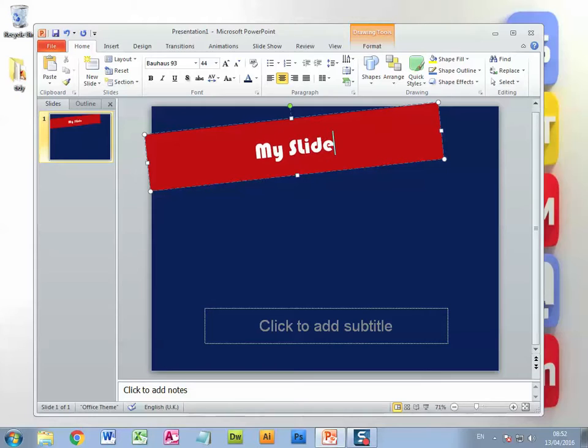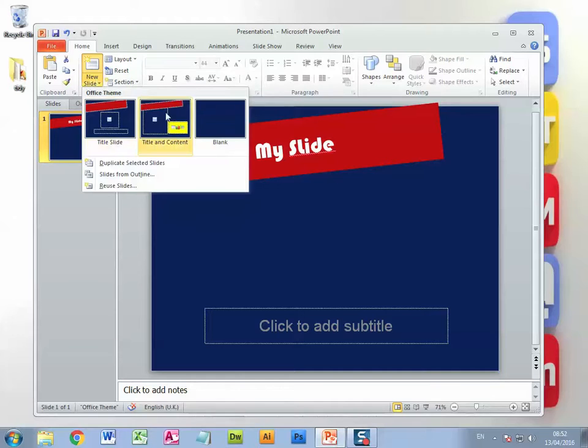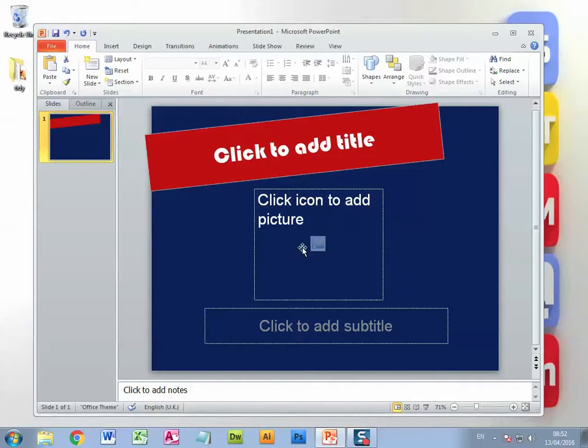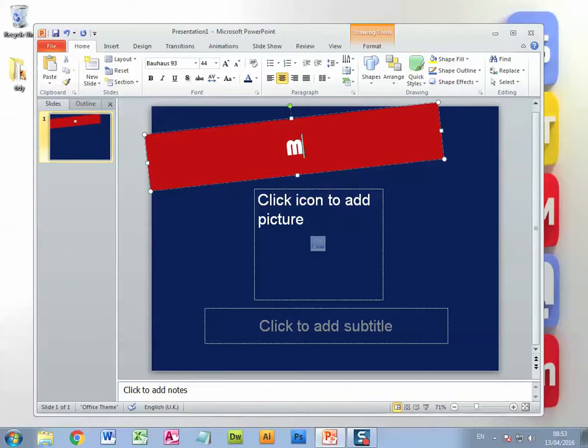Now there's a problem here, as in this doesn't have the picture that we saw earlier, and that's because this slide already existed when I started to add things to it. So actually I'm just going to add a new slide, and you can see I've got my different designs. So let's do a title slide. Let's delete that one now. But you can see this one does have space for a picture,